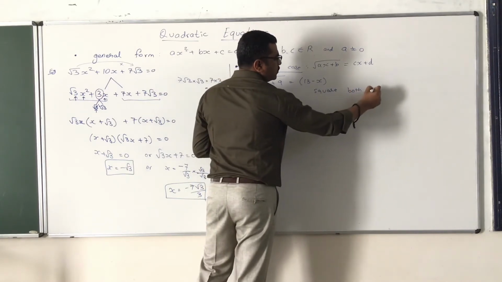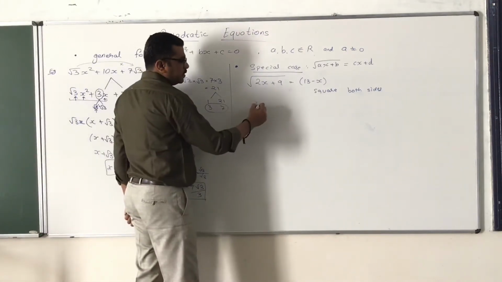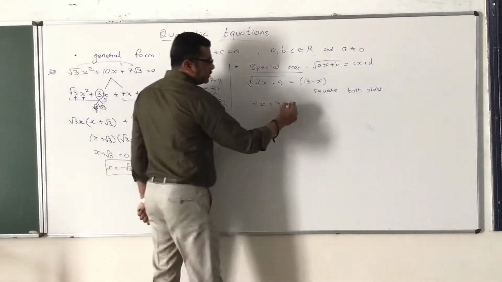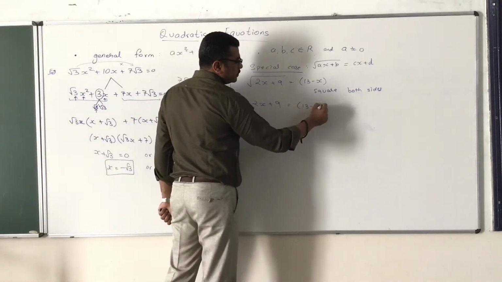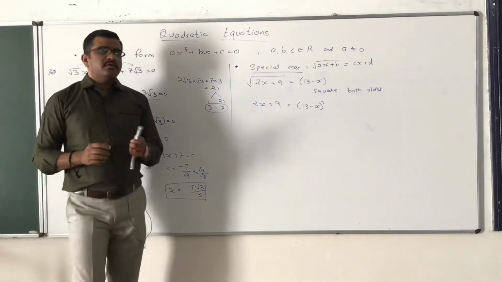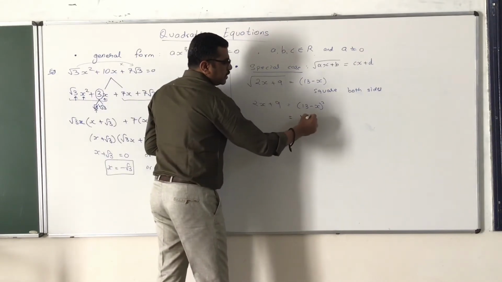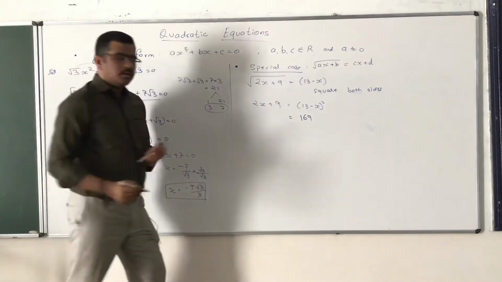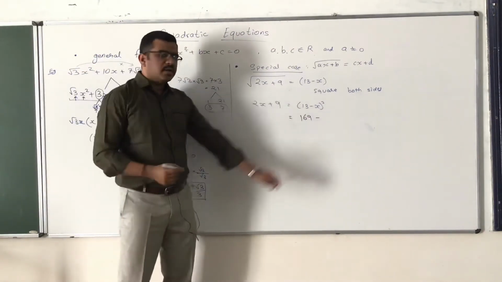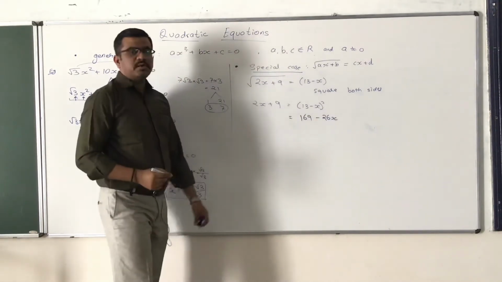So when we square both sides, the square root on the left hand side is removed, so 2x plus 9, and on the right hand side it gets 13 minus x the whole squared. And what is 13 minus x the whole squared? It is a squared, that is 13 squared, 169, minus 2 times a into b, that is 2 times 13 into x, so that is 26x, plus b squared,